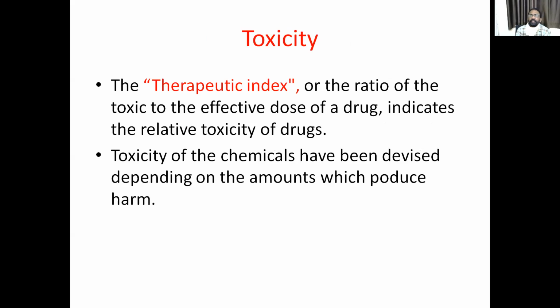Toxicity is important because what is the toxicity of the specific poison? Some poisons are more toxic, and even small minute quantities will cause death. Even with some poison substances, even large quantities will not give lethal symptoms. So the therapeutic index is the ratio of the toxic dose to the effective dose of a drug. Some poison substances, even a very minute dose, cause death, like cyanides. Some poison substances, even large doses, cannot produce lethal symptoms. This is the therapeutic index.